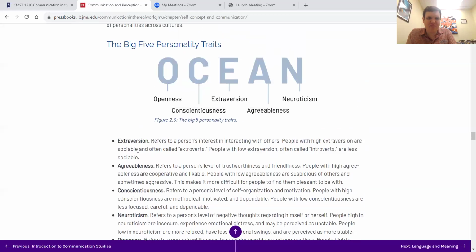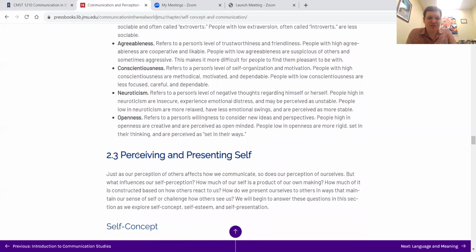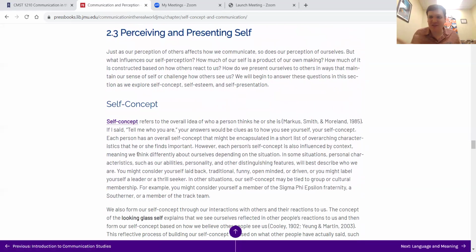So again, those are the Big 5 personality traits. I think they are framed in a bit of a biased way in this textbook, but it's something important to keep into account. Those traits do exist and they're on continuums for each of our personalities and identities. It's one way of looking at it.